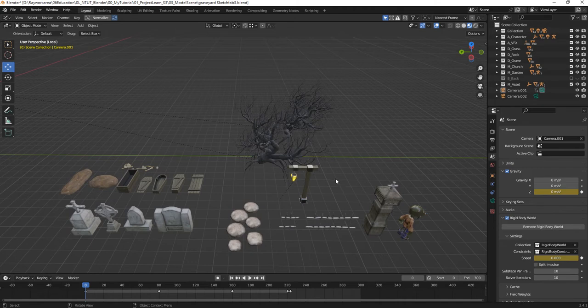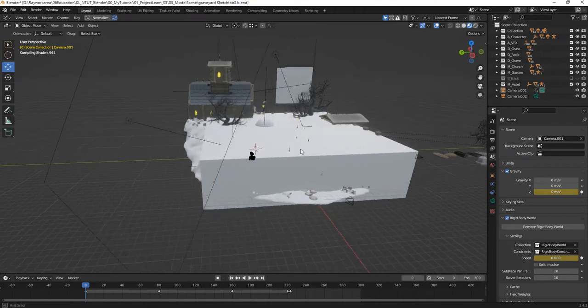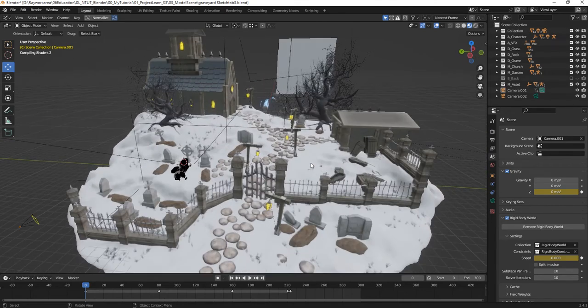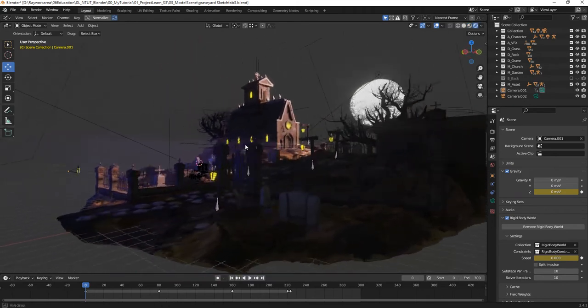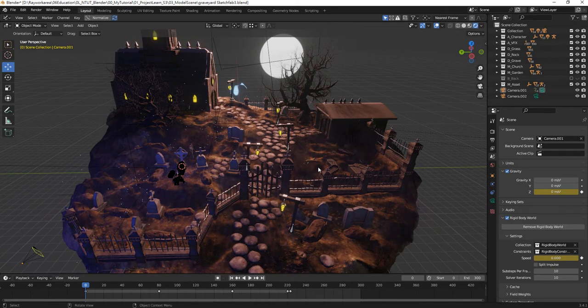And also, in the end of this project, what I hope all of you can do is just like this. Let's take a look. Okay, and let's switch to a random mode. So as far as you can see, some of these models are free resource and some of them are made by myself. So at the end of this project, because we are going to build a scene for animation,